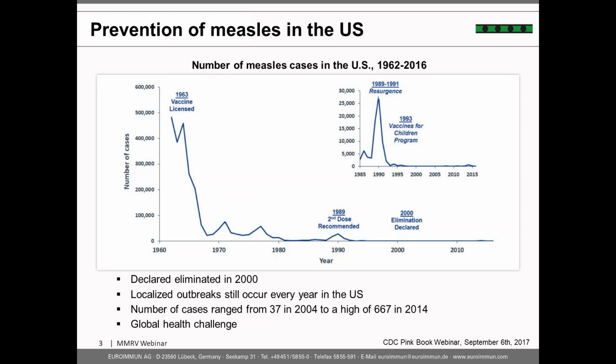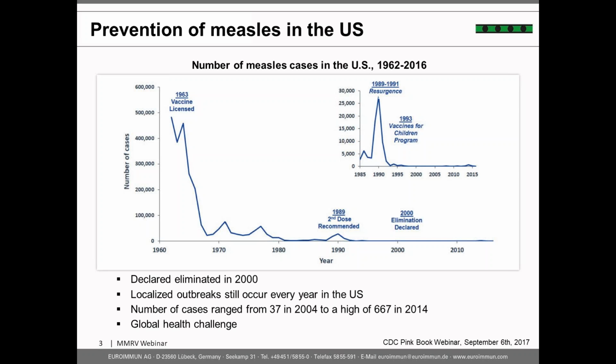Taking a look at the numbers on an annual basis in the United States as far as reported infections are concerned. Back in the 60s, we were dealing with around 500,000 cases on an annual basis. And ever since the vaccine was licensed and introduced in the 60s, there was a dramatic decrease in the number of infections, with sometimes peaks, for instance, in the late 80s, early 90s,